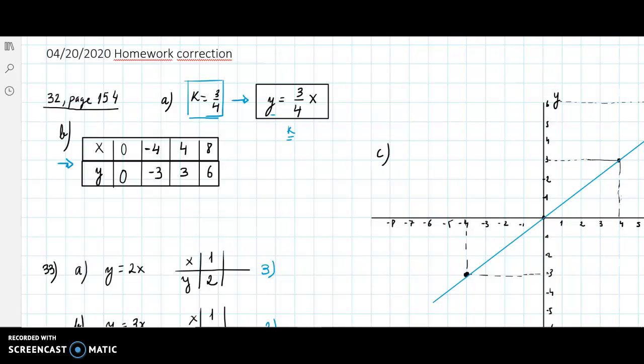We give numbers to the x, the independent variable. These numbers, the 0, -4, 4, 8, are invented by me. I gave these numbers to get exact numbers, integers. If I give different numbers, for example 2, and I substitute this number in the formula,